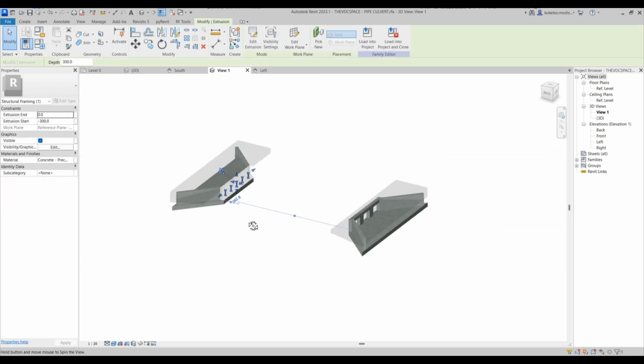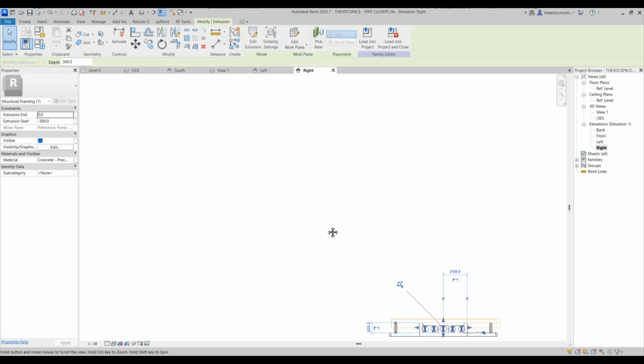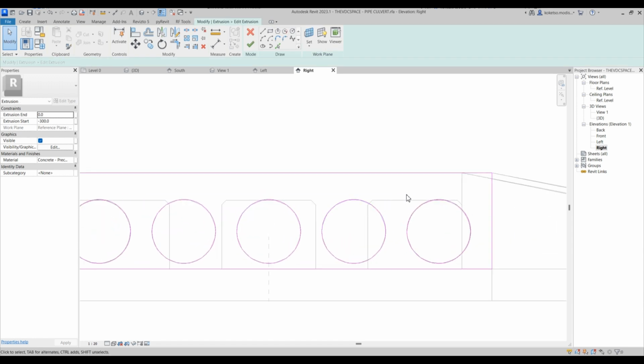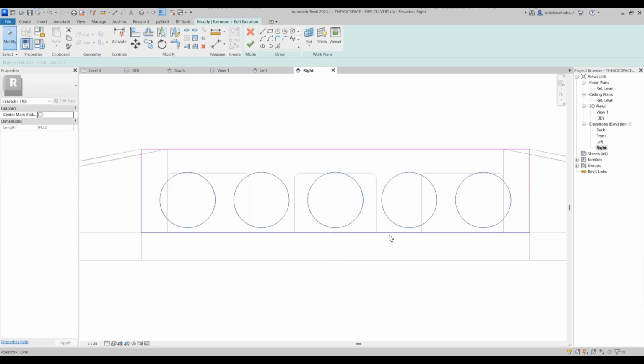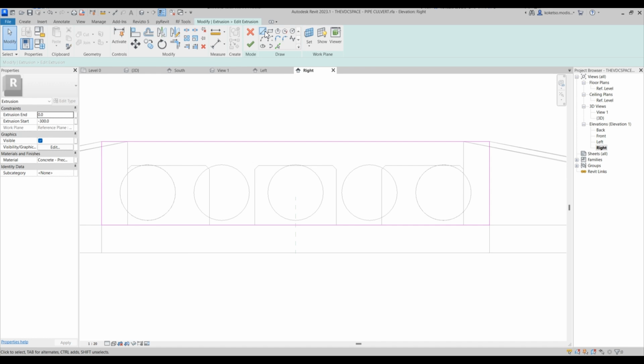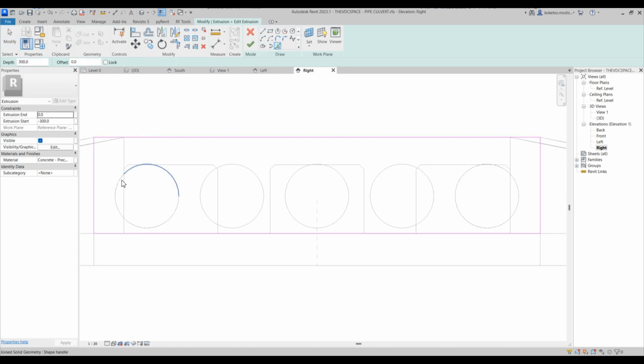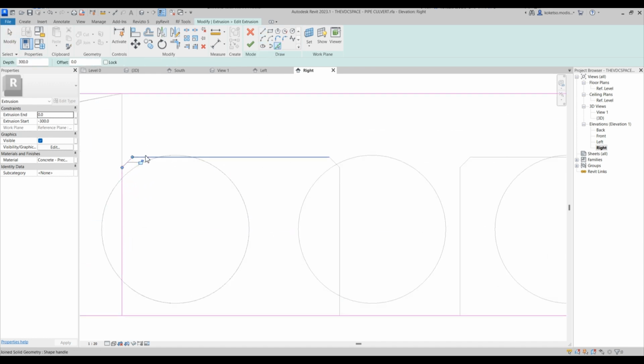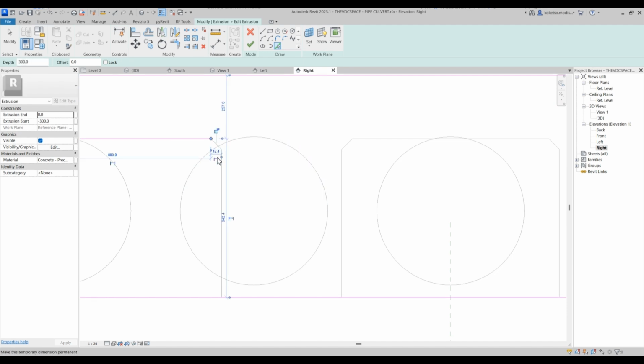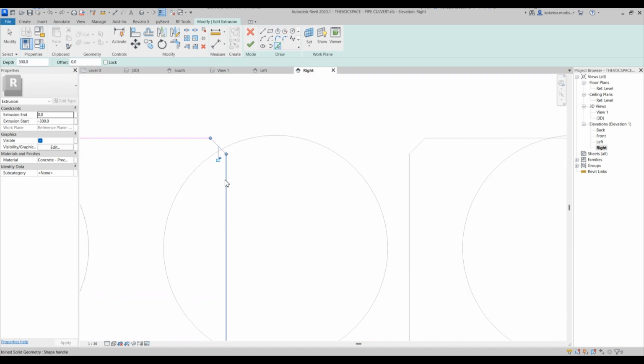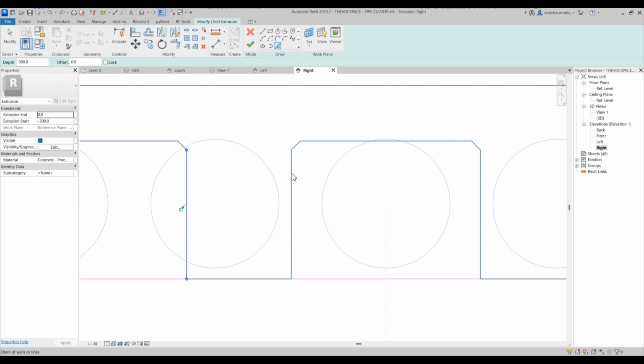Now I'm gonna do the same thing for this side. I'm gonna go to the right elevation, edit extrusion. I'm gonna remove these circles, and then I'm just gonna say pick lines because we have a reference from the other head wall. And I'm just gonna say pick lines, pick lines,